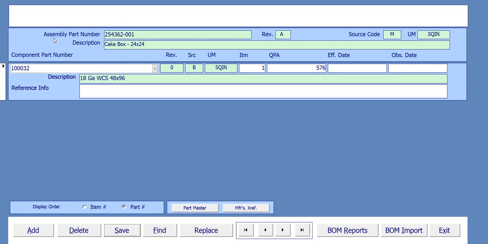So don't get hung up on that if it's confusing you. So that concludes making a product structure for a made part that has 1 component,